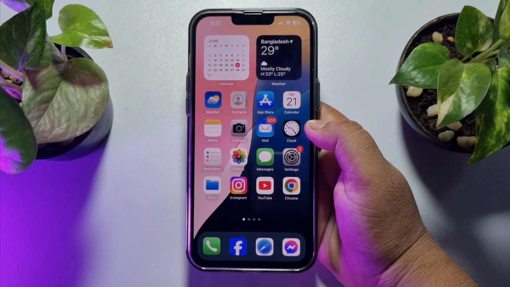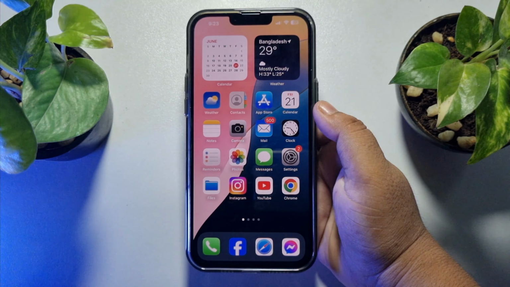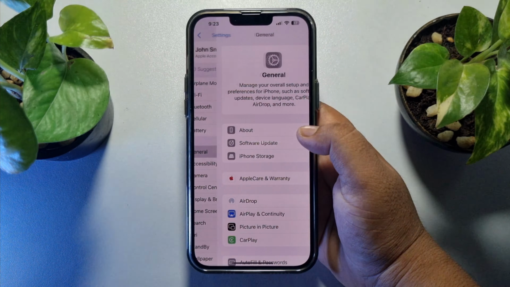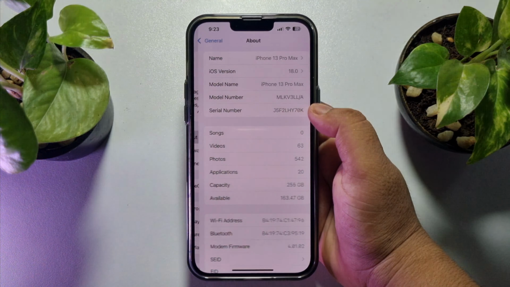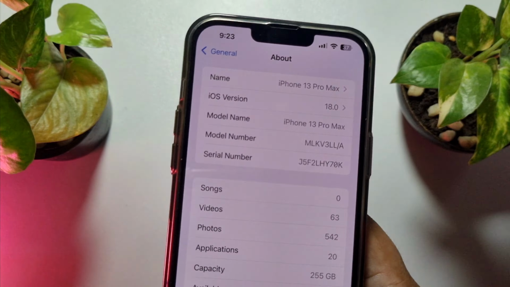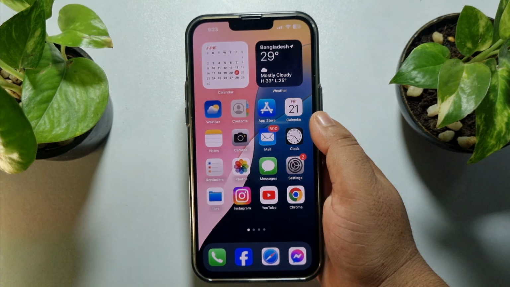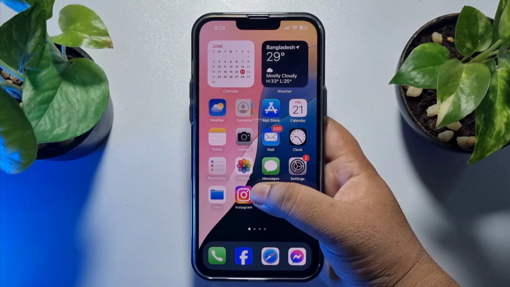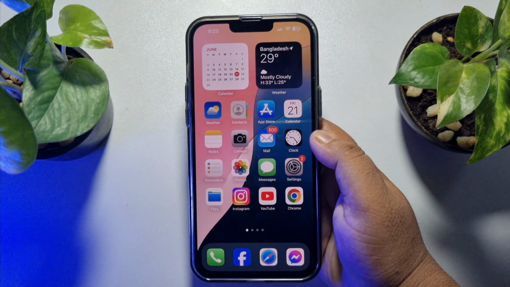First of all, make sure to update your iPhone to iOS 18. Once you are using iOS 18, as you can see, I'm using iOS 18. Now all you need to do is hard press on your Instagram app, and before that, set up your Face ID